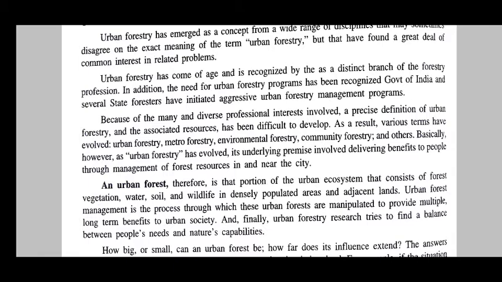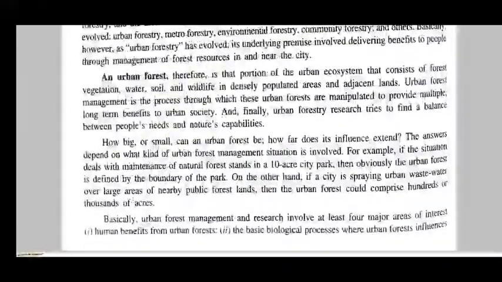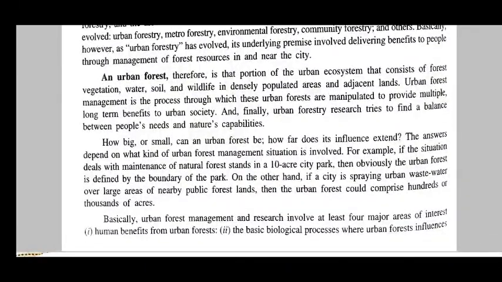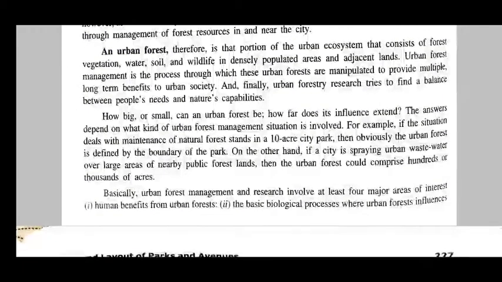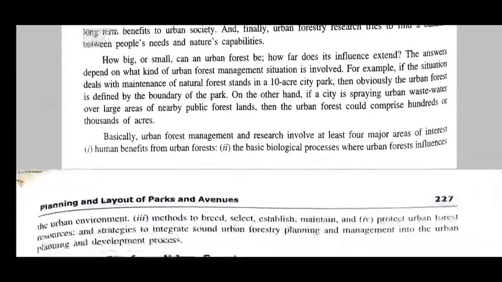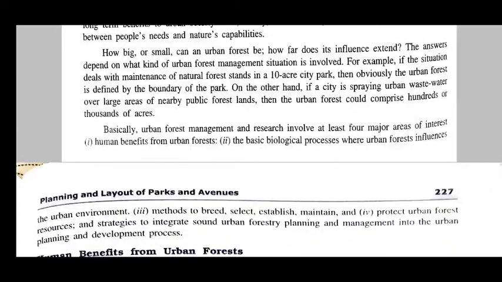several states of your foresters have initiated aggressive urban forestry management programs. So an urban forest, therefore, is a portion of your urban ecosystem consisting of your forest vegetation, water, soil, wildlife, densely populated area and adjacent lands. And urban forest management is the process through which these urban forests are manipulated to provide multiple benefits to society. So basically, urban forest management research involves